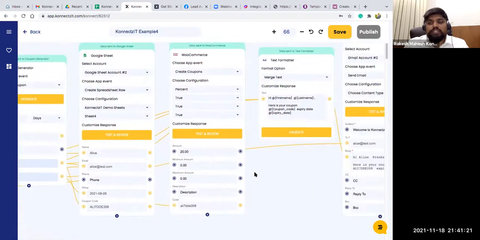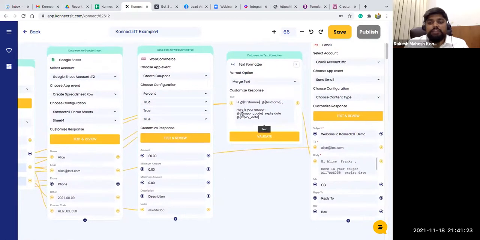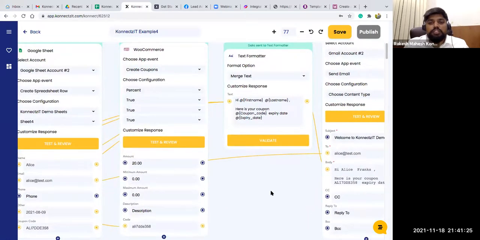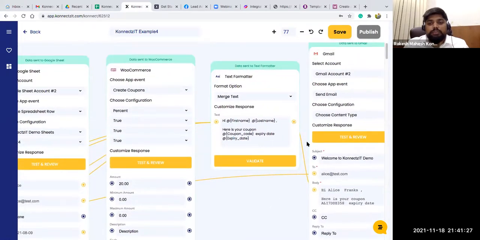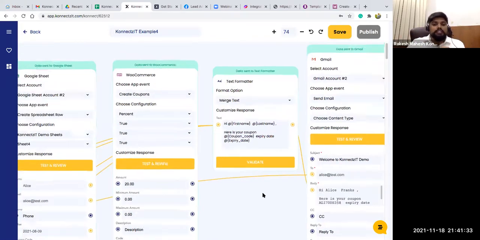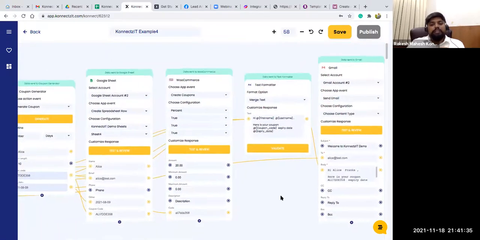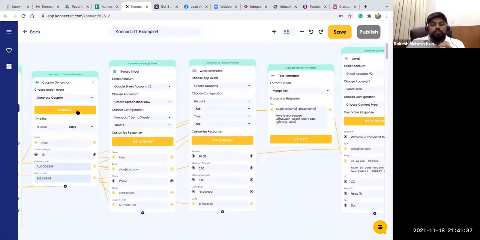So I'm just sending a message with that particular coupon code using my text formatter. You can see this with the coupon code. Basically, whenever a user registers inside my viral campaign, I'm just using two internal apps here: one is a coupon generator to generate a unique coupon code, and the other is a text formatter.